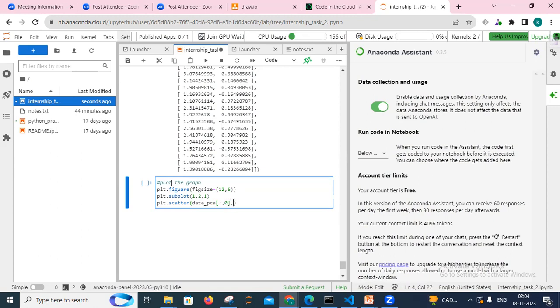You have to supply the data, right? So data_PCA is there, and 1, and we have to add the c, that is your target value that you already calculated in the previous cell, and cmap, and edgecolor is equal to k, and s is equal to